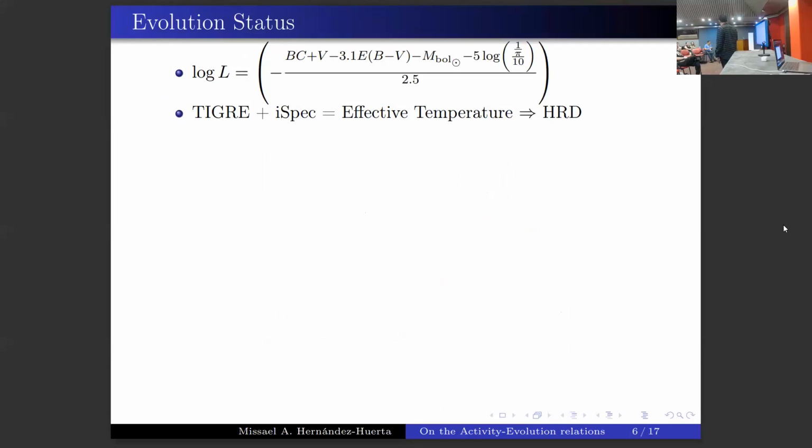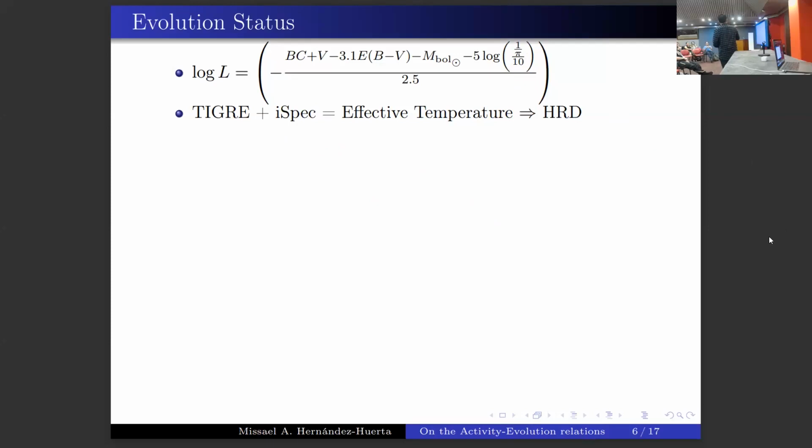Utilizamos 24 estrellas de campo, estrellas frías, pero incluimos también cuatro gigantes tipo K del mismo cúmulo estelar, que en este caso es M41, de modo que podemos asumir que son de la misma edad, y eso es una restricción importante a la hora de modelar su etapa evolutiva y su masa. Entonces hicimos algunas observaciones, calculamos la luminosidad con un poquito de fotometría, utilizamos paralajes recientes del Data Release 3 de Gaia para obtener la luminosidad, y la temperatura efectiva la obtuvimos con un modelado espectral de nuestras observaciones hechas con el Tigre, que es nuestro propio telescopio robótico que se encuentra en Guanajuato, en México.